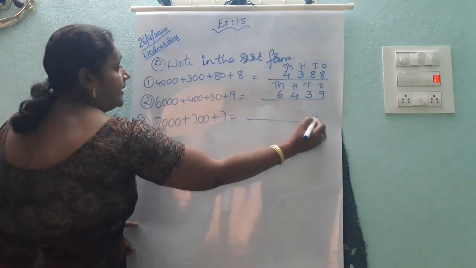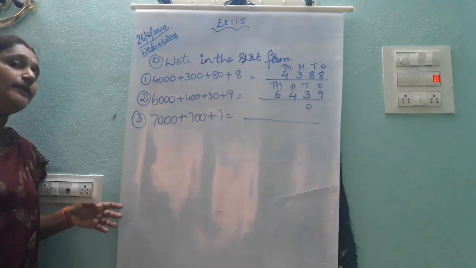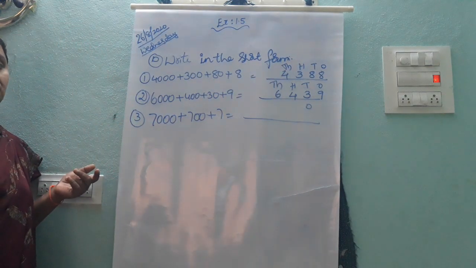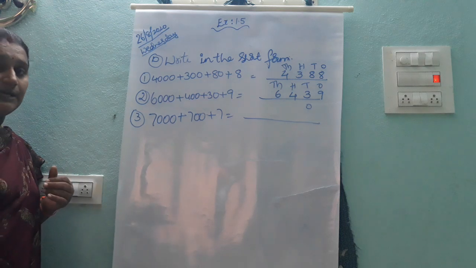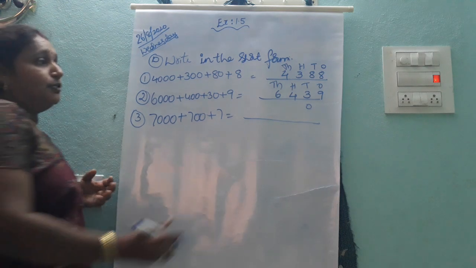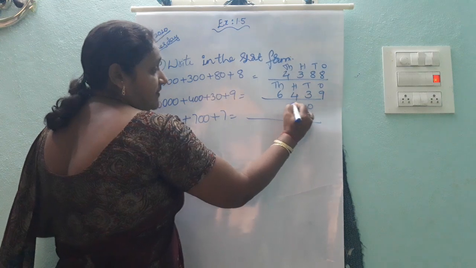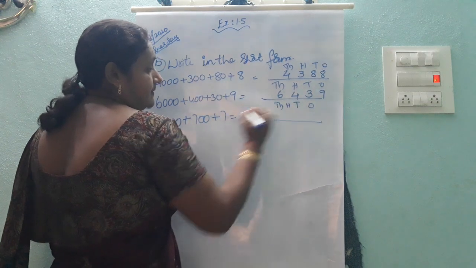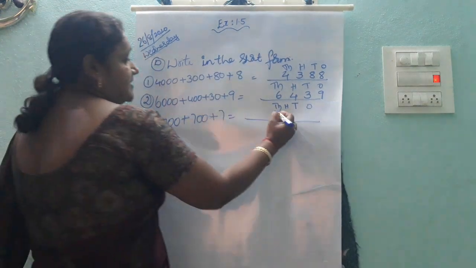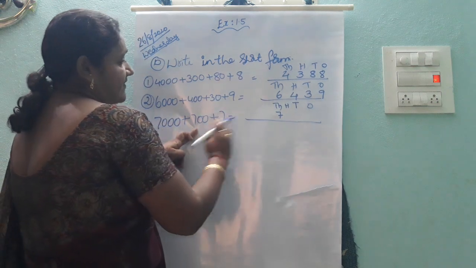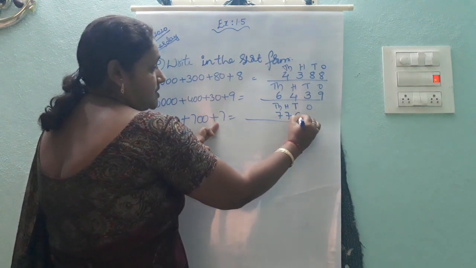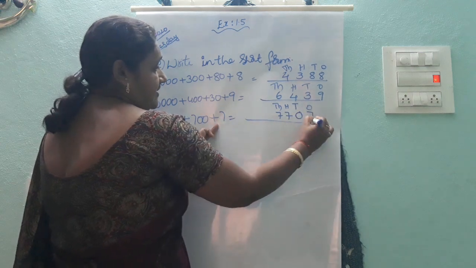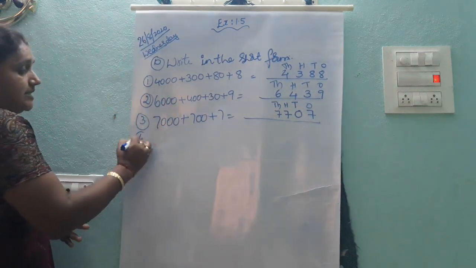They have given 4 numbers, so no need to get any confusion. Sometimes they won't give some of the numbers and they will skip them. So by that time you must place the place values: ones, tens, hundreds and thousands. Now 7 thousands. Next 7 hundreds. Tens, not yet given, put 0. 7 ones, 7. Okay. See the fourth one.